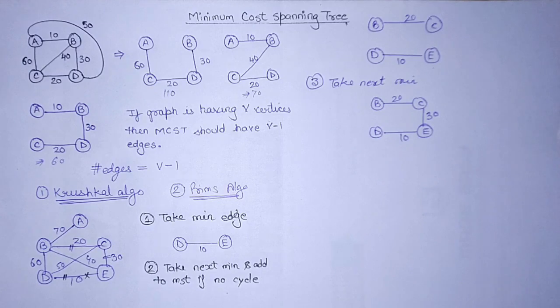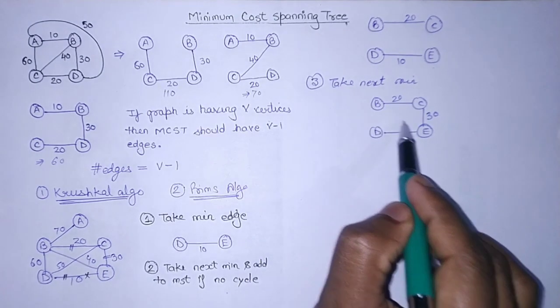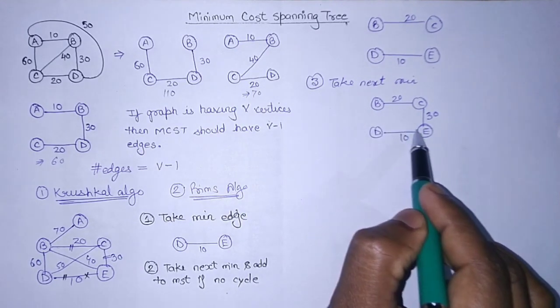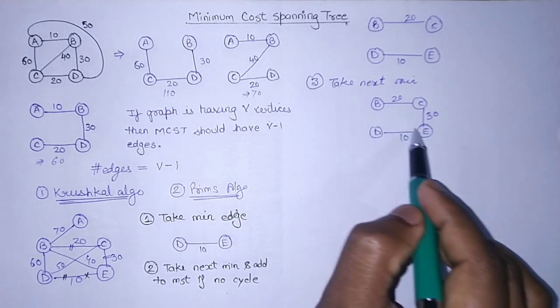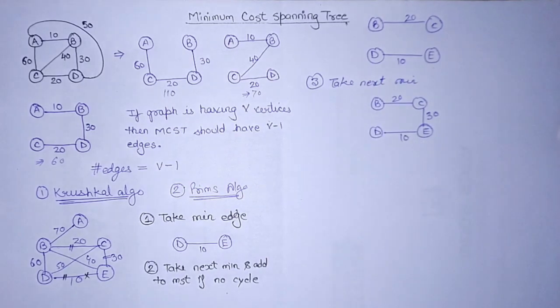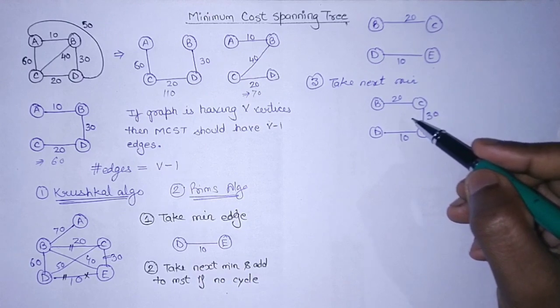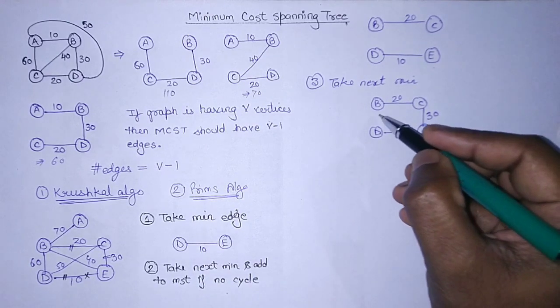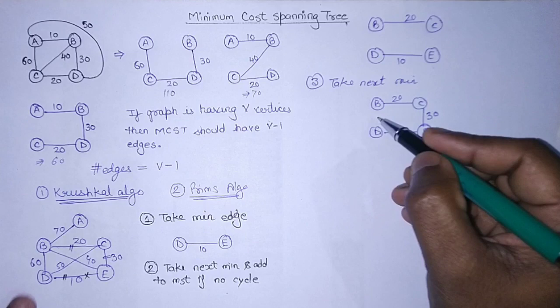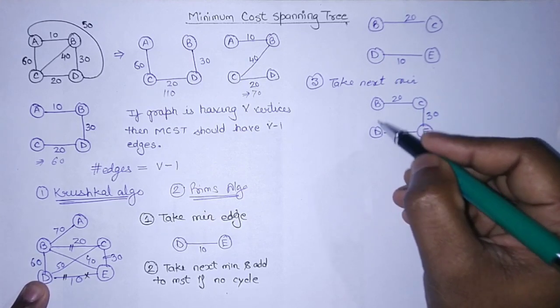Now similarly I have to take the next minimum. So you can see that in step 4 we have to take the next minimum whose value is 40. But if I add this 40 in this minimum spanning tree, it will form a cycle. So that's why I cannot add 40 here. Right? Now after 40, which is next minimum? 50. If I take 50 here, then it will again form a cycle. So I cannot take 50 as well. Similarly, if I try to take 60, 60 will be forming a cycle. So I cannot take 60 as well.